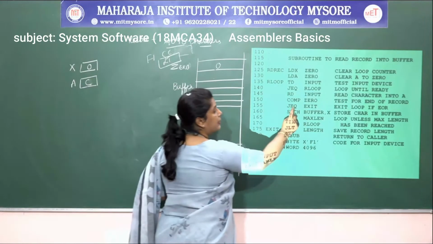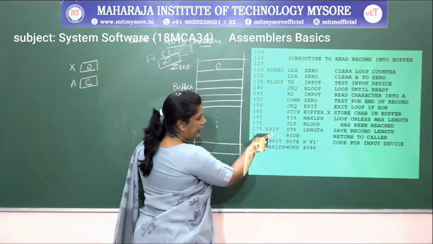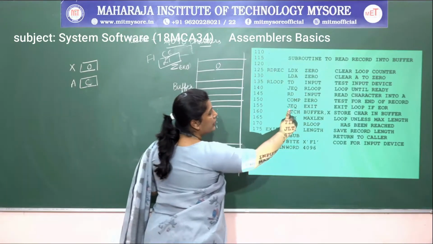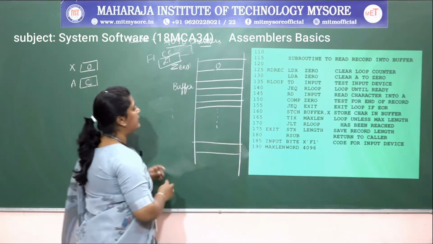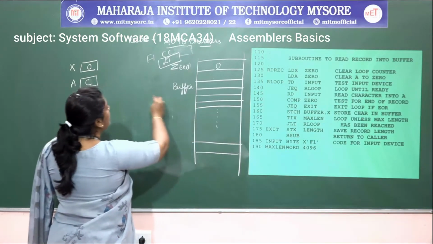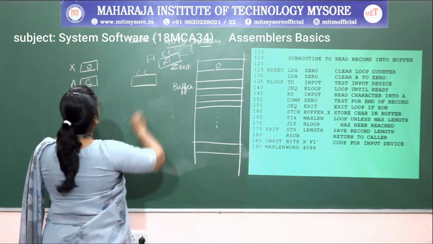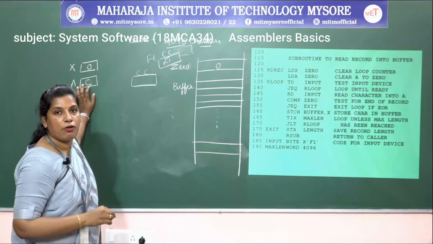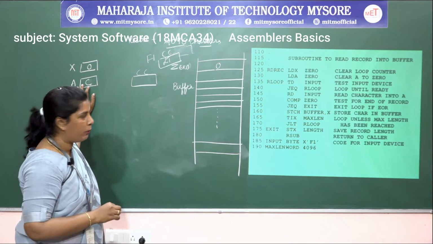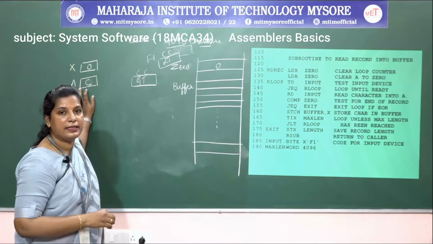If it is equal to 0, it has to exit. Where is the exit? It directly comes to this point. So JEQ, jump equal. It is comparing with 0, and after that it is going to set the conditional code flag bit. Of course the ASCII value of C is greater than 0. So it is going to set the value of the conditional code flag bit as greater than.